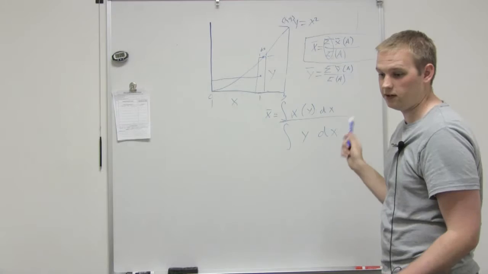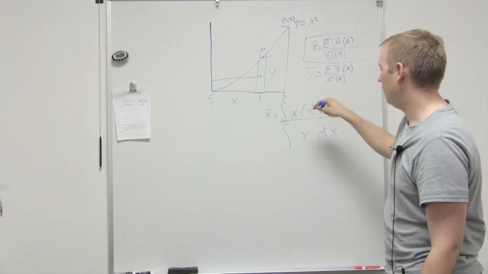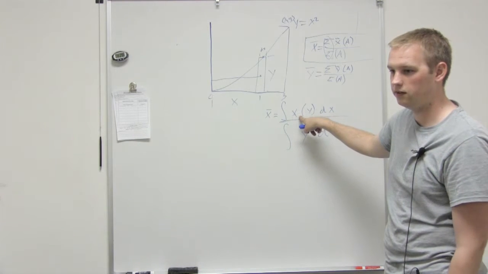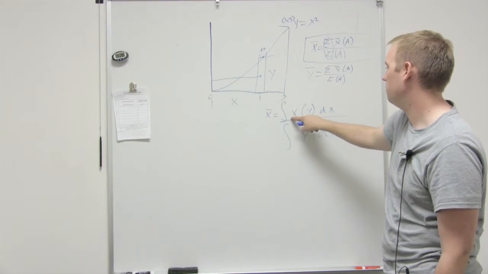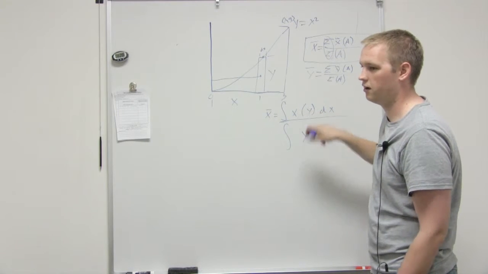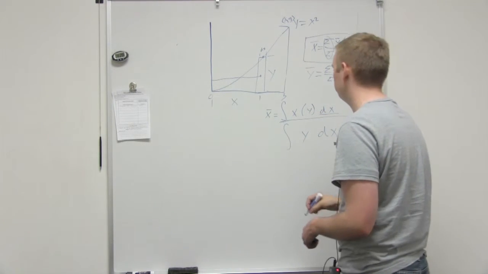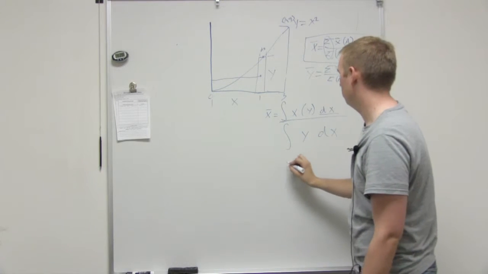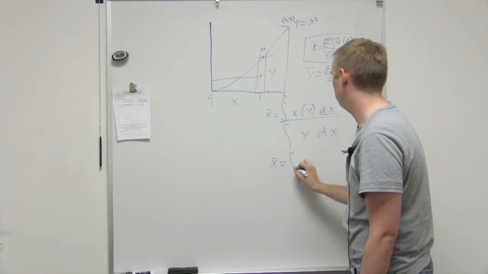Here's where the next step comes in. Can we integrate this equation with respect to x yet? No, we gotta make them all the same, right? We could if we were doing partial, but we're not. So we got to get this in terms of x, because we have dx. So y is just gonna be x squared. Yeah, so that's what we substitute in. So now x bar equals